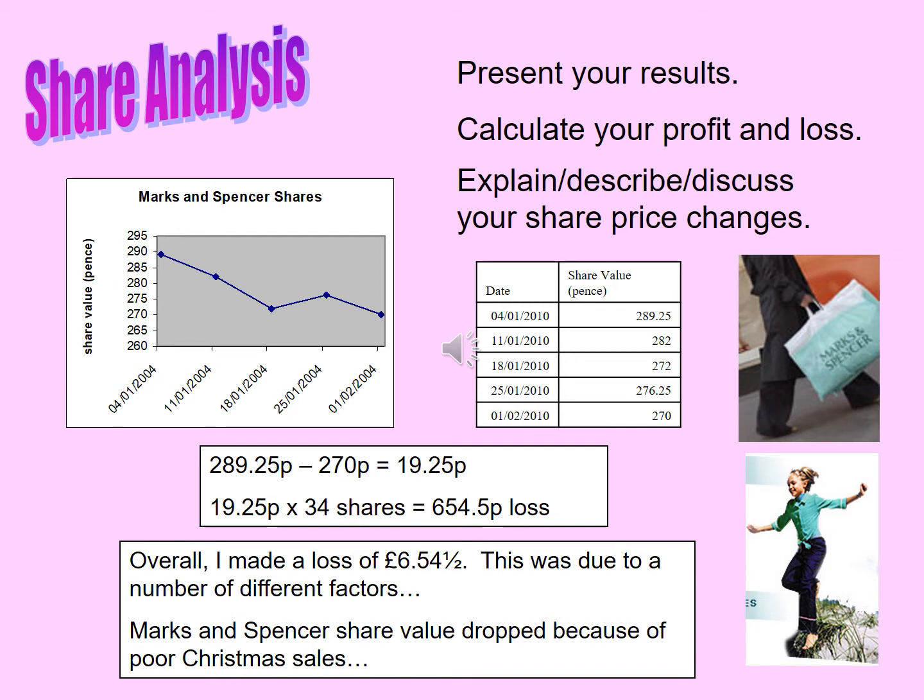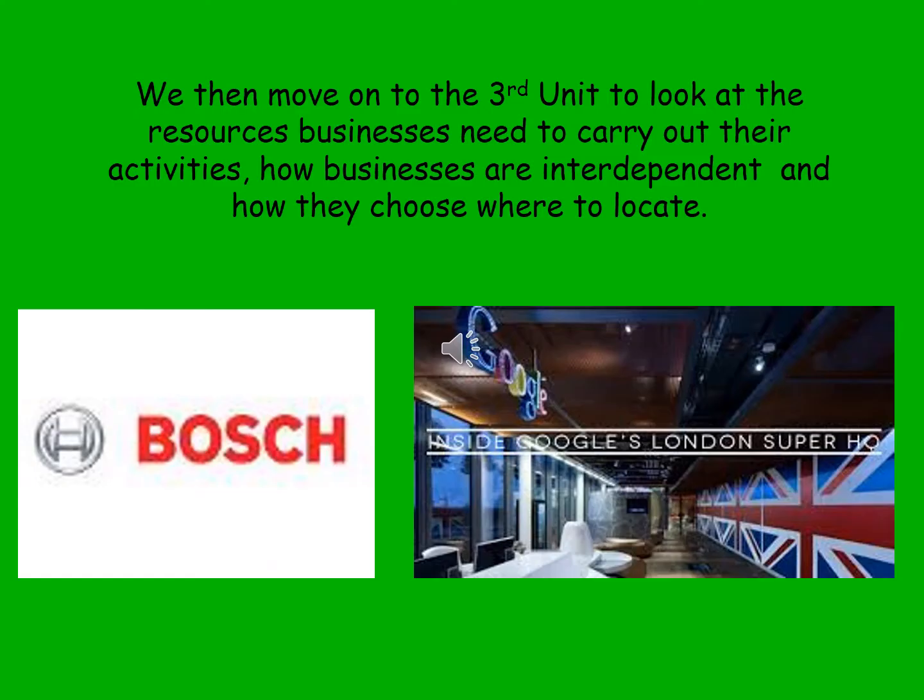So you're getting a good indication of what goes on in the real world, and hopefully earning a profit as you do it. We split the course into 8 different units, and the third unit that we look at is how businesses use the resources at their disposal in the most efficient way, but also then where they choose to locate their businesses. So we look at why Google has chosen to locate their new headquarters in central London, and